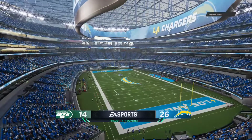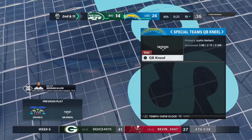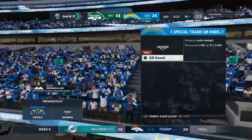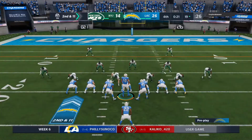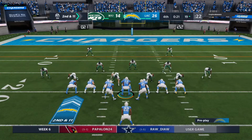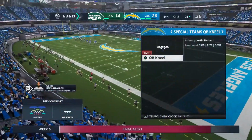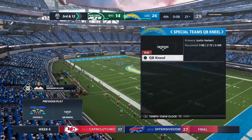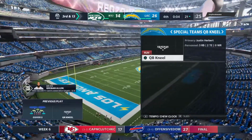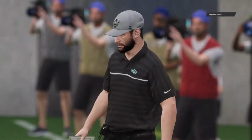Now the Jets going to use the second of their 3 timeouts as the clock will stop with 21 seconds to go in the football game. The D can only stop it one more time as they take the knee. So this one's over. It's in the win column for the L.A. Chargers,